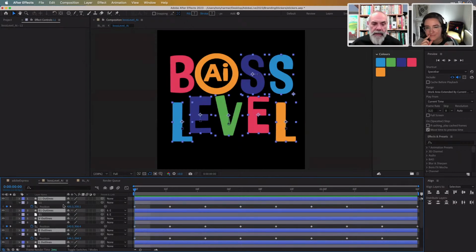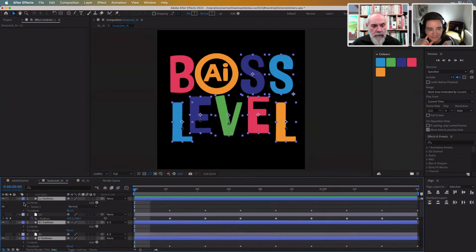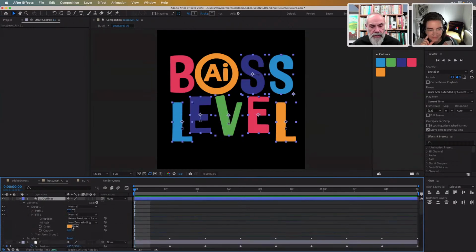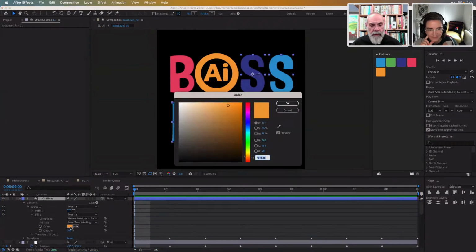But shape layers is the key to doing that. Additionally, a shape has various different properties. You can see all of the contents here, so it shows me all of those. I've got a fill just there. It's taken on the fill of the layer above it, but I could go ahead and change that either here,